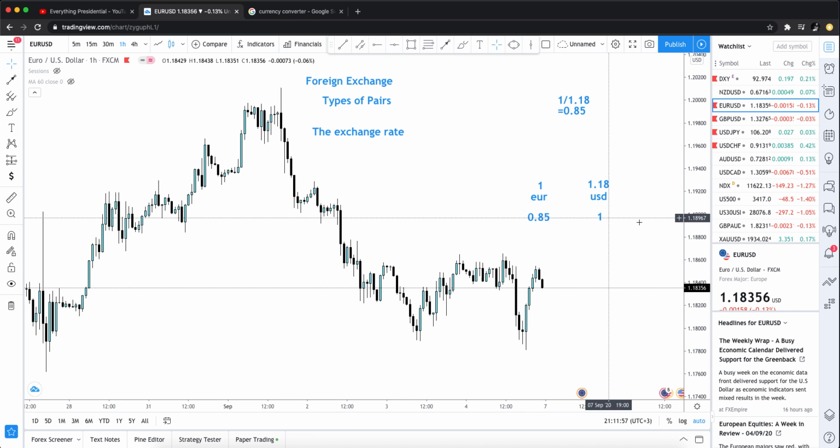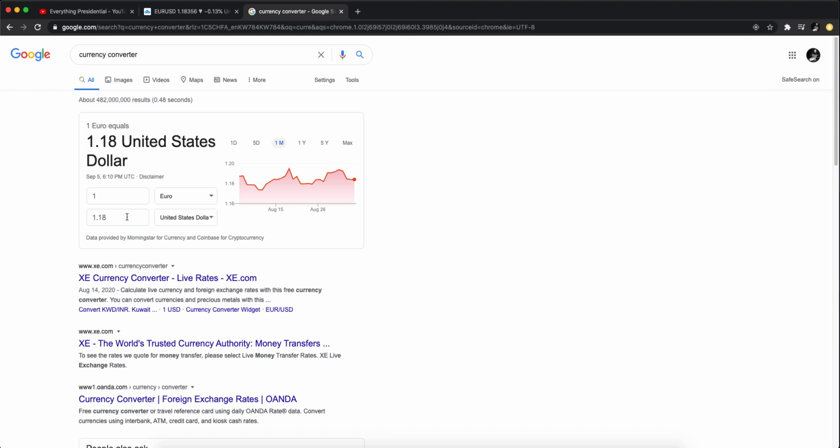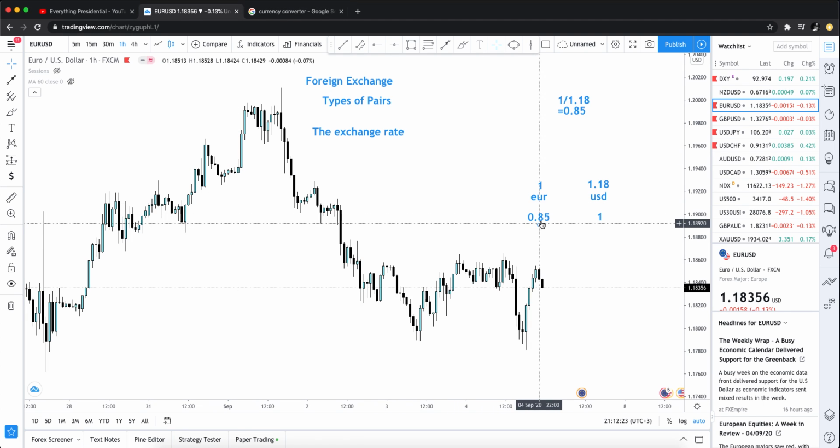And if it was supposed to be the opposite, if I wanted $1, how many euros would I have to pay? 0.84. I rounded it off to 2 decimal places. Otherwise, this is 0.848 or 9 something. So basically the same thing. 0.85 euros I would need to give to the exchange party to get $1 in return. I hope this is clear.